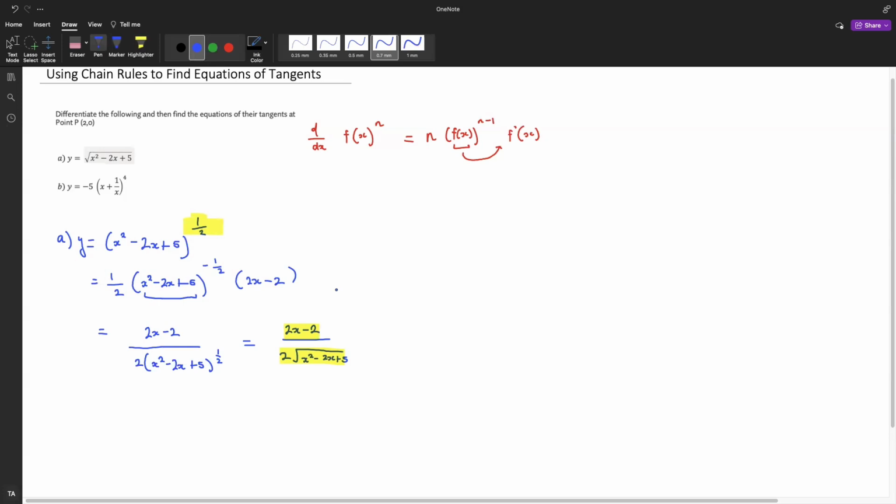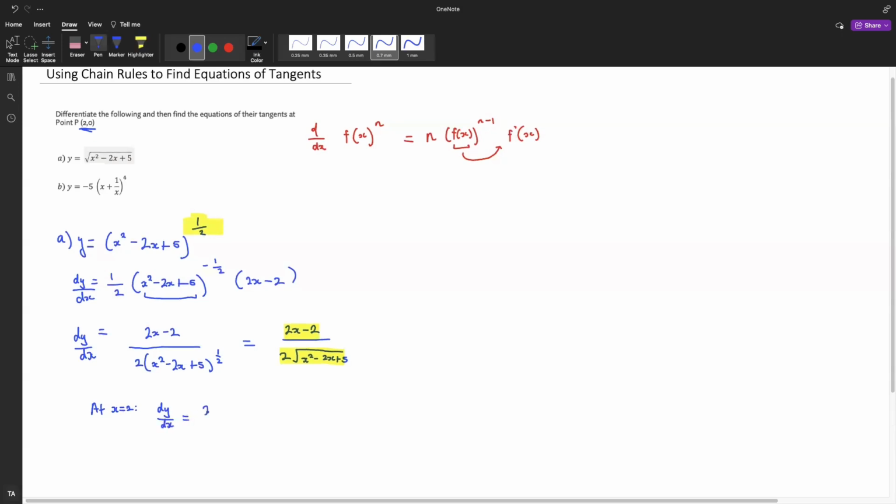We're not done yet though. Now we need to find the equation of the tangent at point P, which is (2, 0). So what we'll do is first find the gradient at this point. As we know, this is the gradient, dy over dx. So at point 2, let's continue down here. At x is equal to 2, our dy over dx